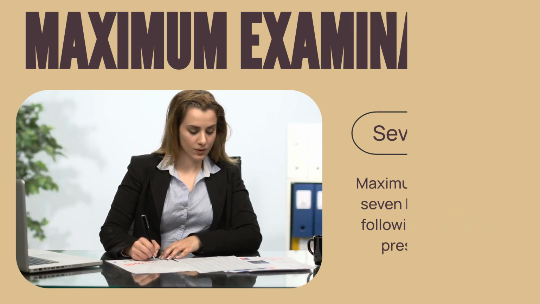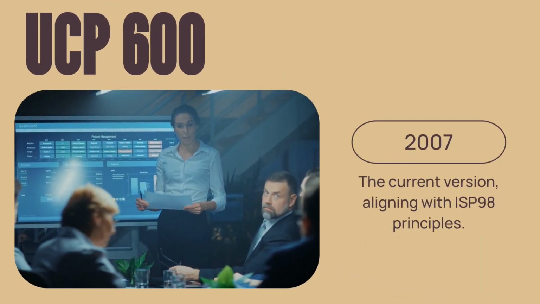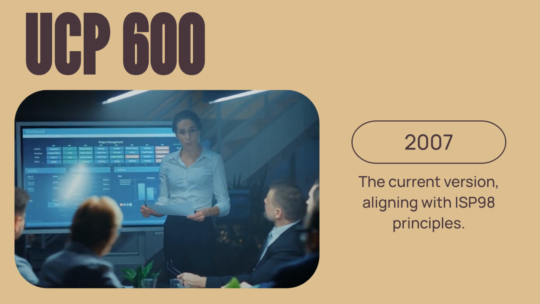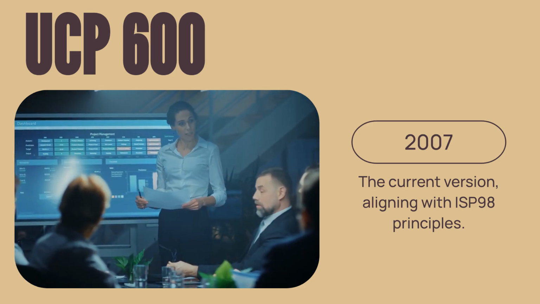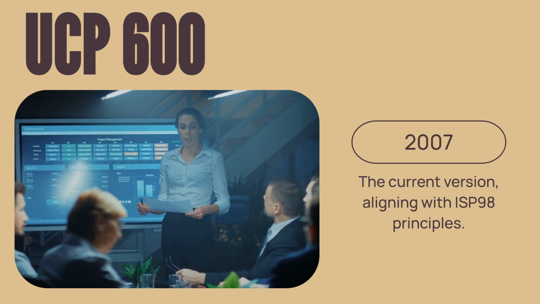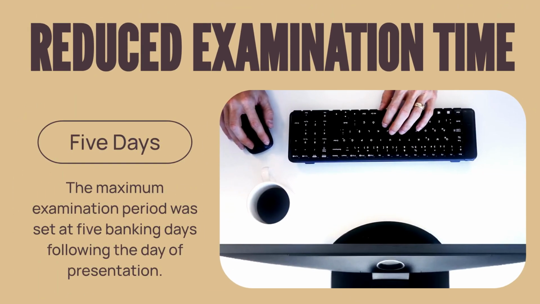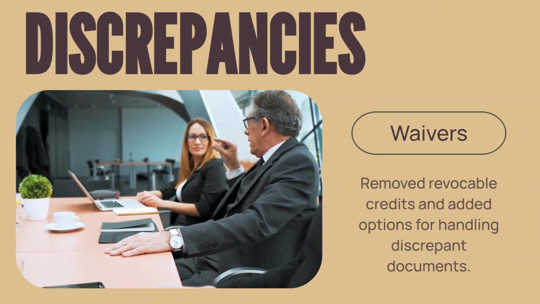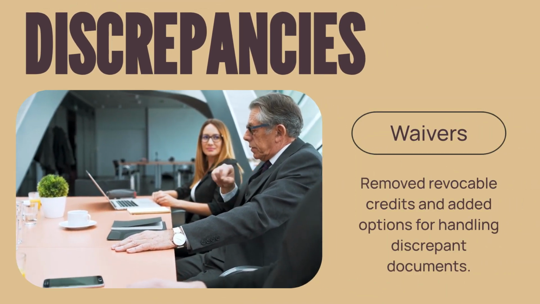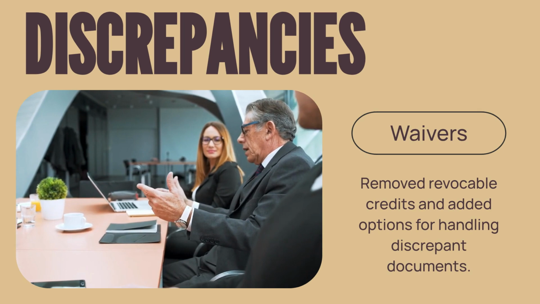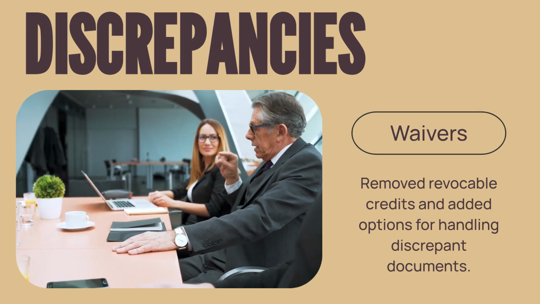document presentation. The current UCP 600, implemented in 2007, streamlined the rules further, aligning with best practices and establishing new definitions and interpretations. UCP 600 reduced the maximum examination period for documents to 5 banking days, improving efficiency in trade finance. This revision removed all references to revocable credits and introduced new possibilities for handling discrepancies, such as contacting the